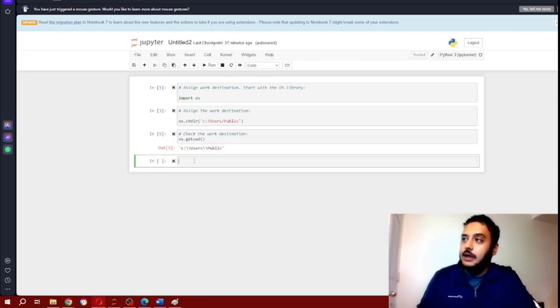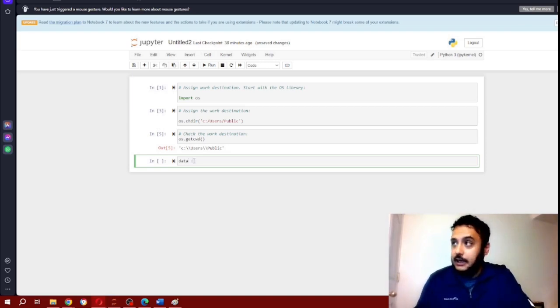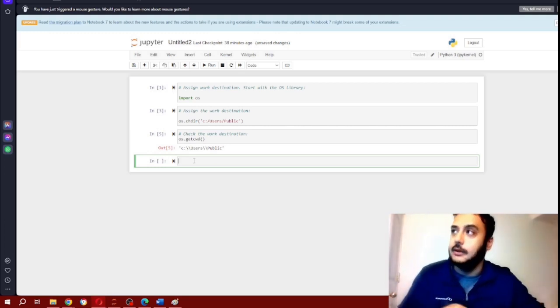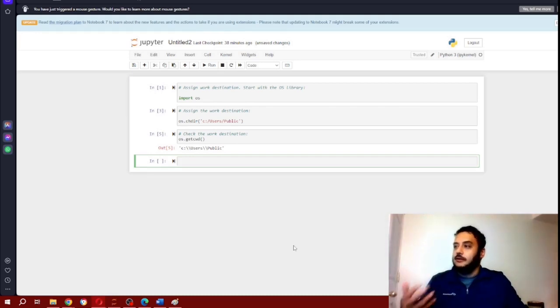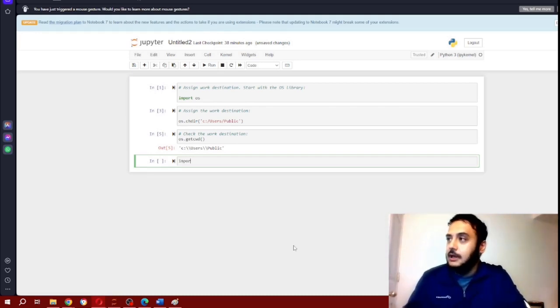So now that we assigned Python, or told Python where to fetch our data set, now we're going to go ahead and do a fetch. The name of our data frame will be data. Before anything else, make sure that you have all of the libraries and packages that are needed for you to be able to do analysis, all of them available here. So the most important one, pandas,